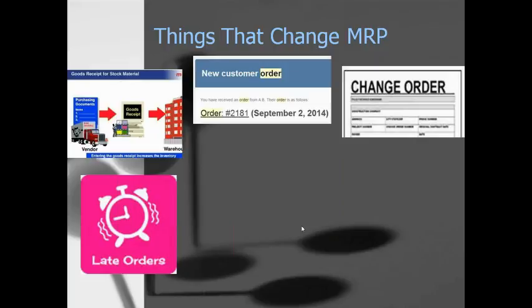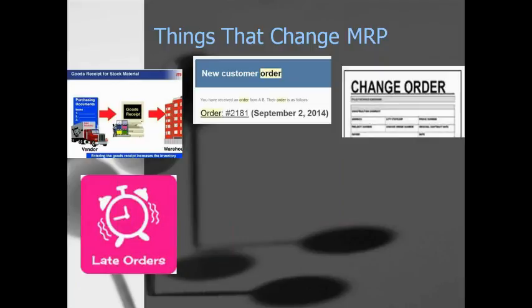The next thing that affects the priority plan, orders come in late. You know, the vendor that promised you that they would have it to your dock by 8 o'clock in the morning, Friday, April 22nd, 8 o'clock came and went, and you get a phone call from them and they say, oh, we're sorry, we had a problem in production. We'll get it to you by Tuesday the 26th. Well, that late order